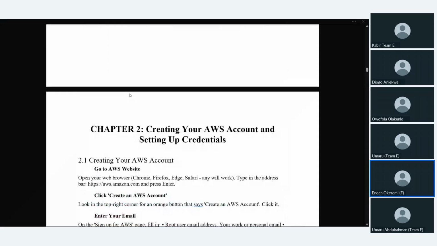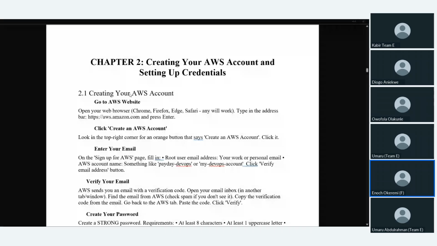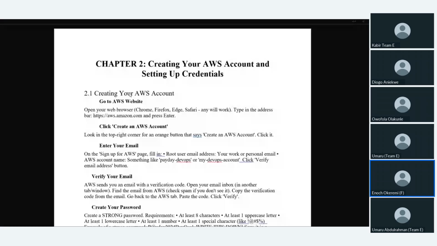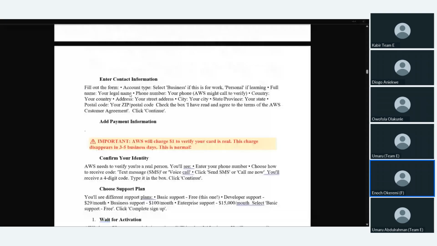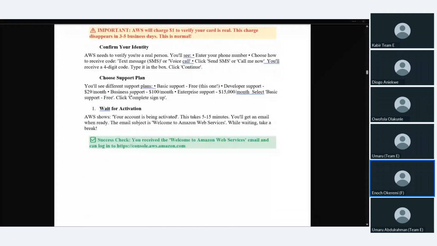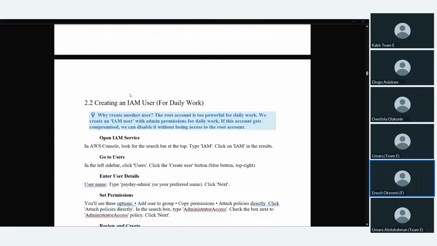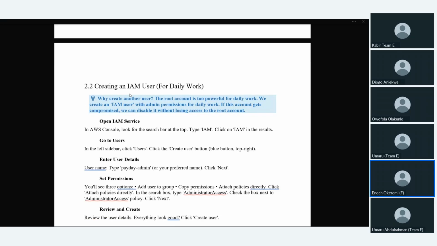The next aspect is creating the AWS account. One of the reasons I was very happy about this project is that I'd never actually used AWS, unlike Azure that I'm used to. So I went through the documentation, and it was quite easy. The AWS account was provisioned by one of the team members, and I was also able to create IAM users. The reason I decided to create IAM users is that the root account is too powerful, so it's always recommended that we use IAM. I was able to do that for all of my team members.